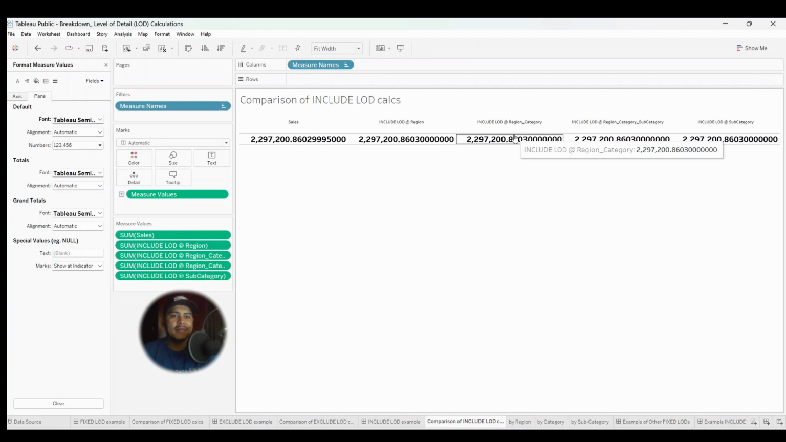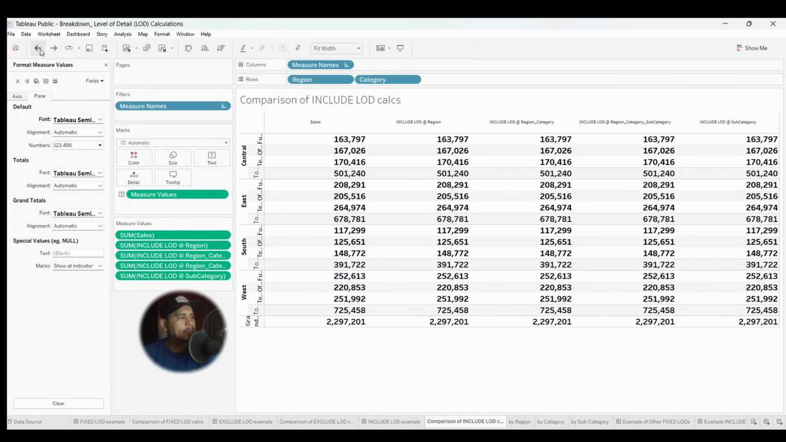So now let's say, for instance, let's say we can cut this up some more. Let's say we do